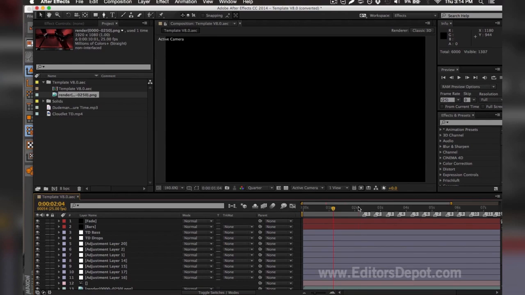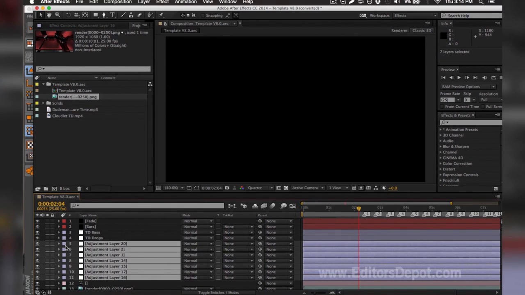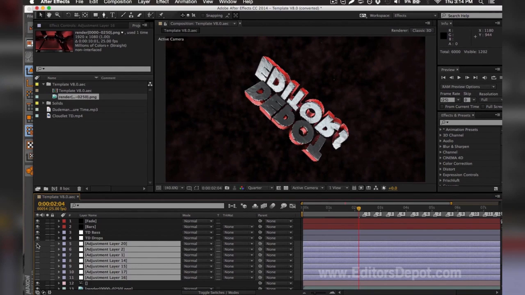So we're 100% done. Assuming you have every single one of the plugins required, you're 100% done, and if you don't, you're going to have a black screen similar to this. If you do have a black screen like this, you're going to want to troubleshoot it by turning off or turning back on whatever adjustment layers might be messing up your entire video. As you can see here, one of the adjustment layers messed up the